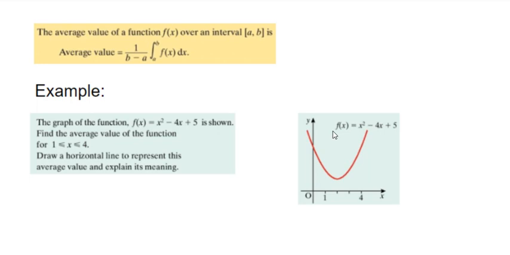Hi folks, so this is about the average value of a function. So it's this formula here. You've got 1 over b minus a, and then it's just the same as normal, just integrating between b and a. So what it actually finds out on the graph, if you're looking at this one between 1 and 4,